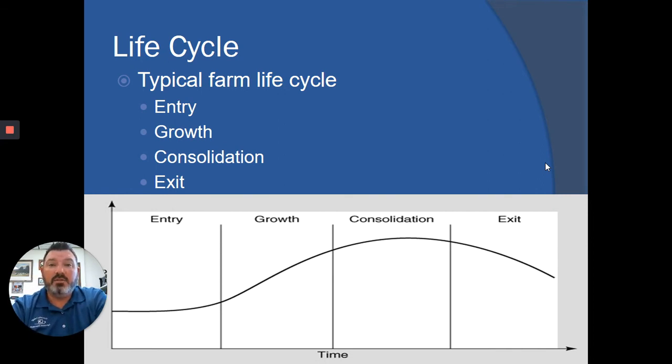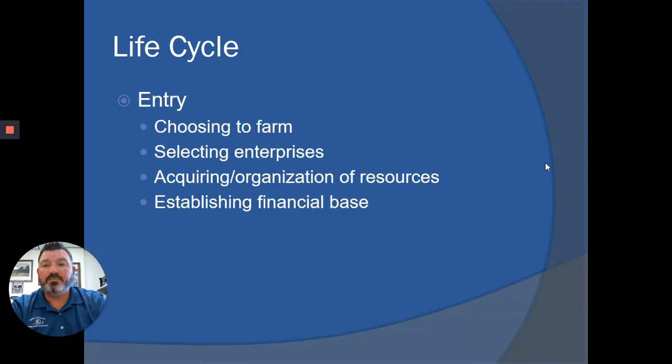And then you tend to reach a point where the farm business starts to consolidate resources a little bit and capture some efficiencies that they've identified that have hindered their continual growth. And then there generally is a point in time where the farm business begins to exit the operation and looks towards the end of the operation's life cycle and liquidating the assets. Again, no definite time frame on any one of those, but it's important to recognize the life cycle.